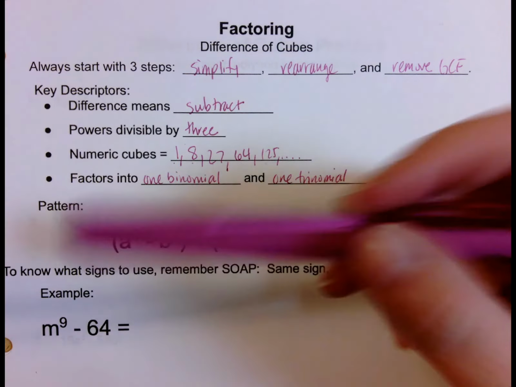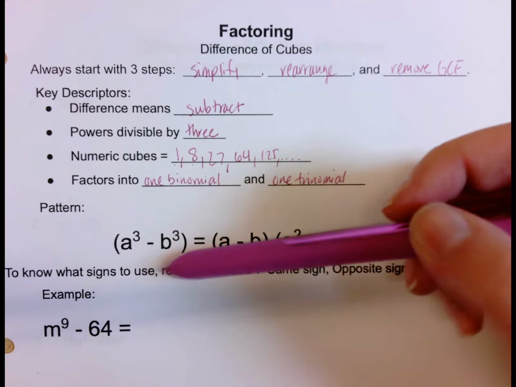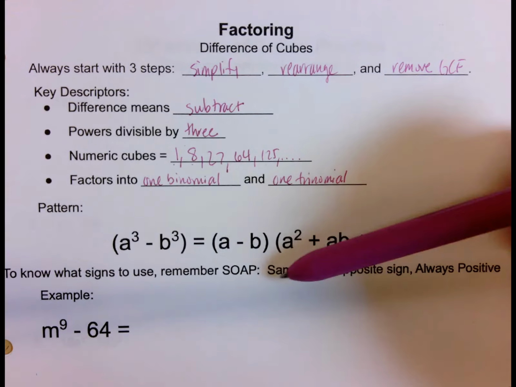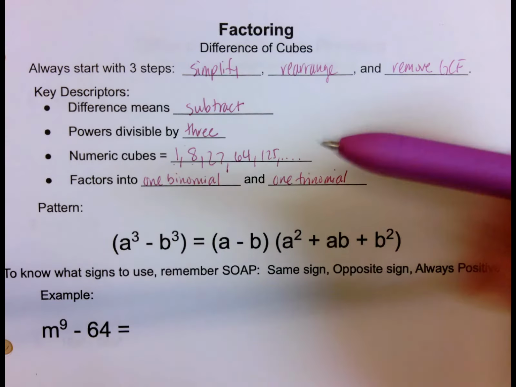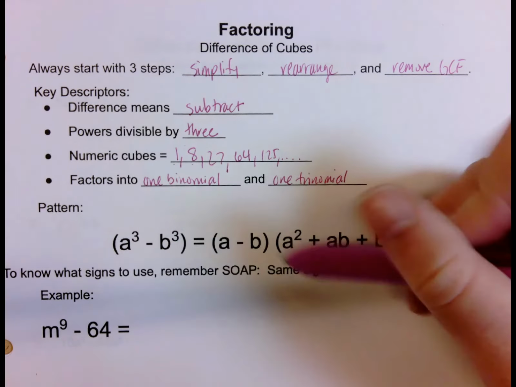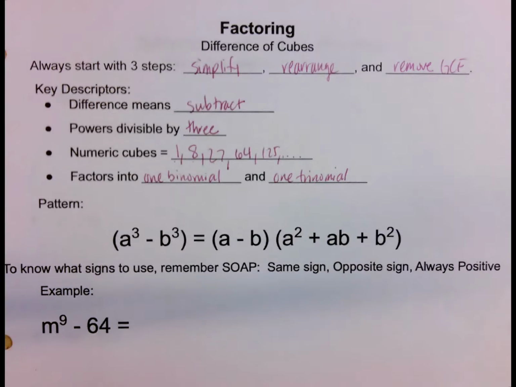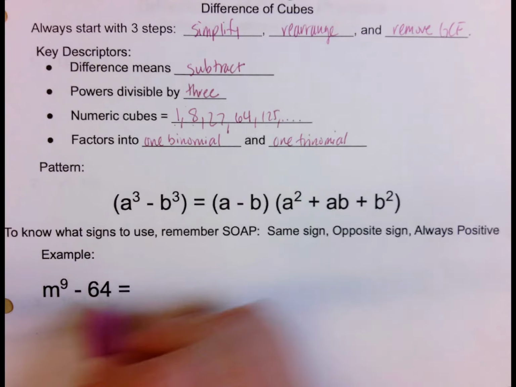Okay, so one thing I want you to know is that when you're wondering about which sign to use, positive or negative, you're going to remember the acronym SOAP. We're going to do same, opposite, always positive. So SOAP: same sign, opposite sign, always positive. Okay, so here's our example, and here's what we're going to work with. So we're going to break this. Here's our